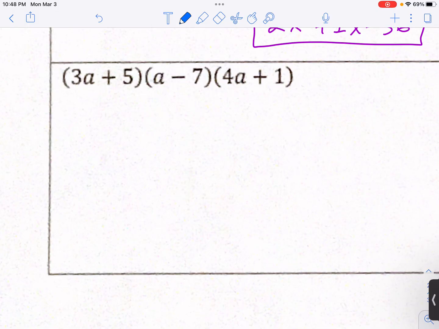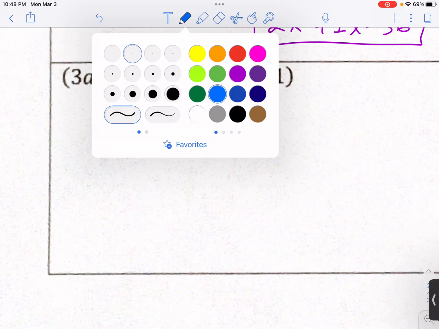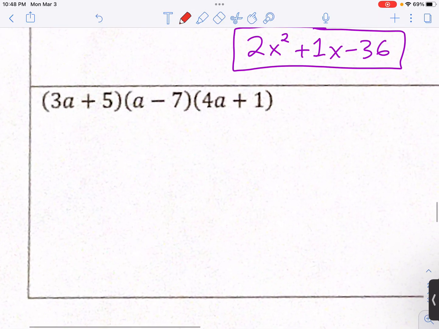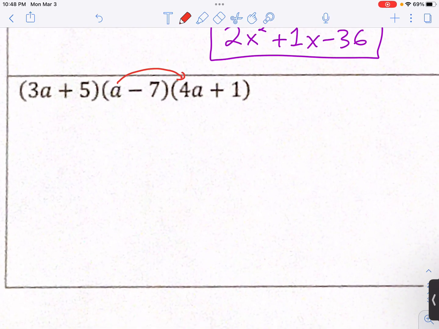So for this one, there's multiple ways you can go about it. What you just need to do is choose 2 of them and multiply them. Again, it doesn't matter which 2 you choose. I'm just going to start with the last 2. So again, I'm going to start out with that a right there, and then I should end up getting